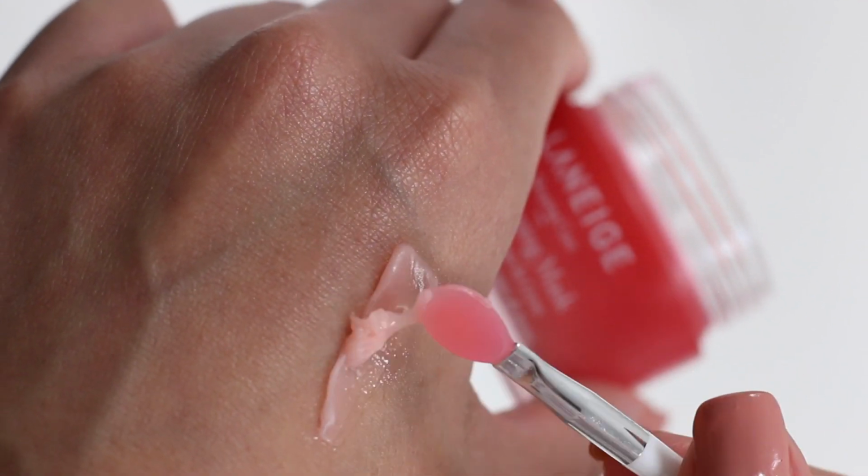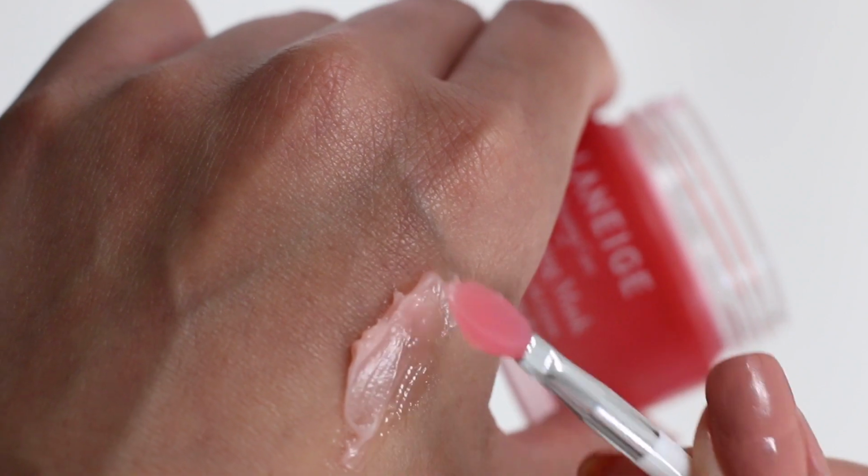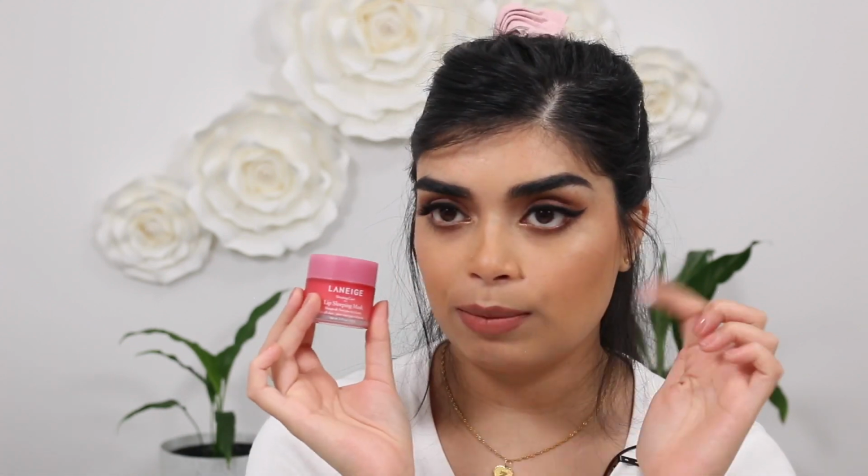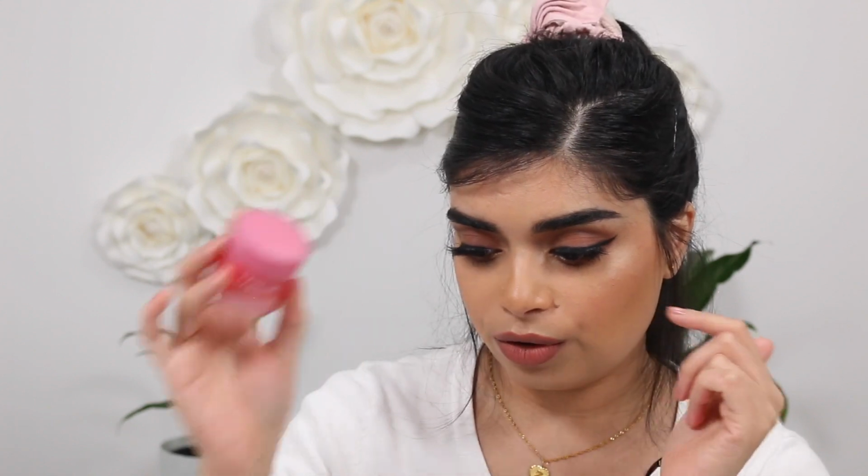And oh my gosh, the reviews on Sephora, I think there's like 12,000 reviews on Sephora NZ, and when Sephora had a sale, I was like, I gotta try it. So far I really love it. And if you guys have tried this, let me know what you think in the comments, because I would love to know. There's also the gum